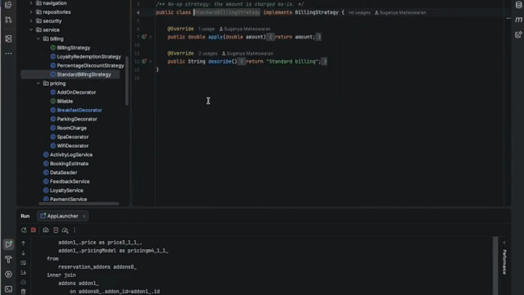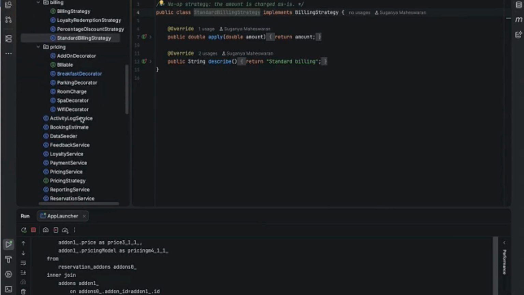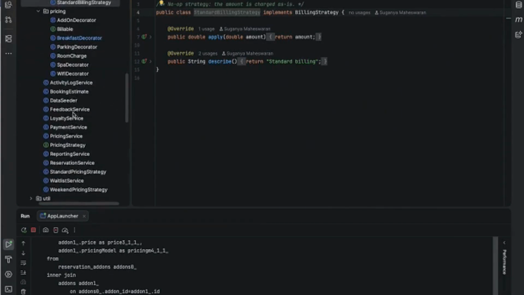And the third is the billing strategy. This simply charges the normal amount when no discount or loyalty adjustment is applied. Besides the payment logic, there are the loyalty and waitlist screens. For the waitlist screen, we have a convert function